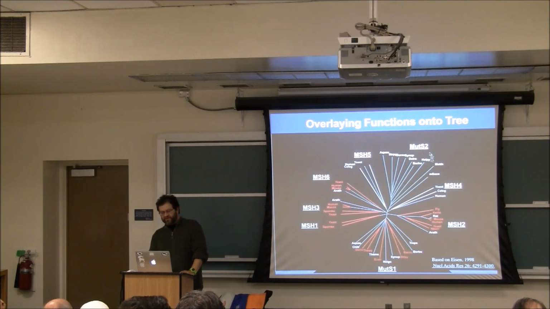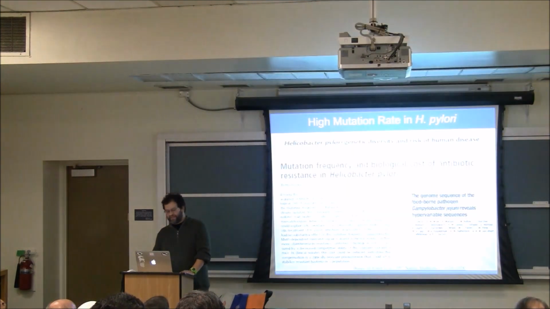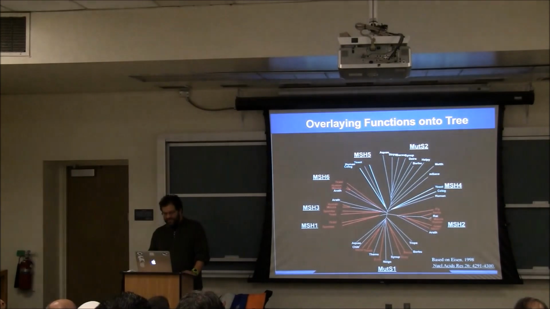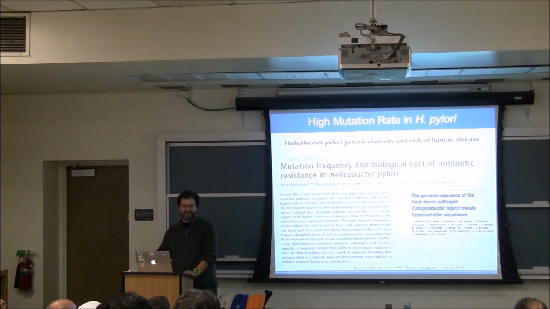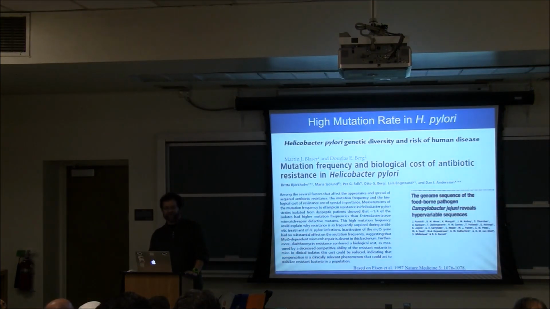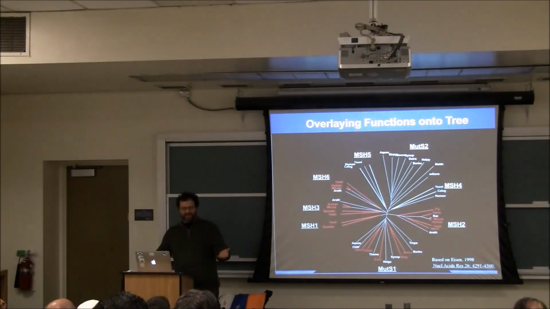And the Helicobacter pylori gene is over here in a subgroup for which no one had experimentally determined any function at the time. And it wasn't particularly closely related to any genes that were known to be involved in mismatch repair. So I predicted in my paper that this Helicobacter pylori would be unlikely to have mismatch repair. It does appear that that is correct. The mutation rate is quite high in Helicobacter pylori, and it appears that it does not have normal post-replication mismatch repair.